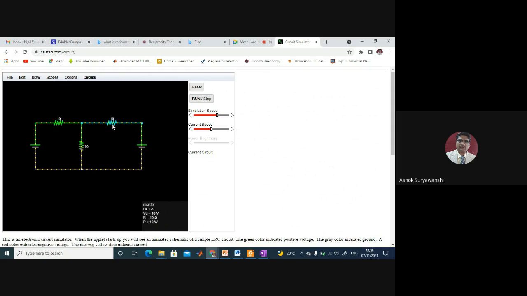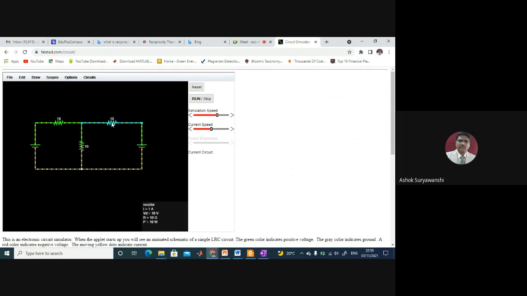You can calculate using the mesh analysis or node analysis the same things, and then you can verify with this one. Now I kept the cursor on the right side resistor, 10 ohm. It is showing current through this 1 ampere, right? Then voltage across this 10 volt. Why 10 volt? Because on right side is 20 volt, left side is 10 volt. 20 minus 10 is 10 volt. And then resistor value is 10 ohm and power dissipated is 10 watt because it is I square R.